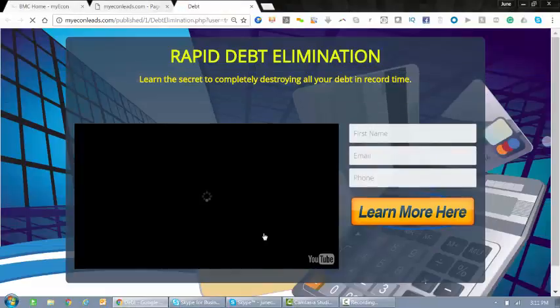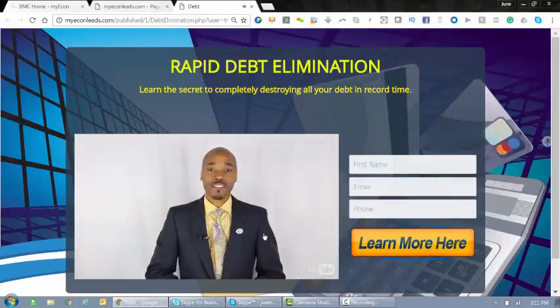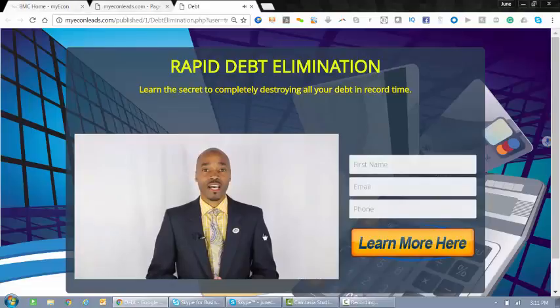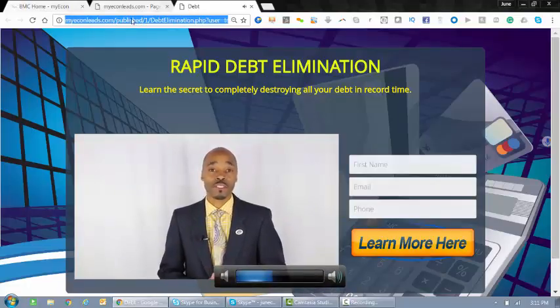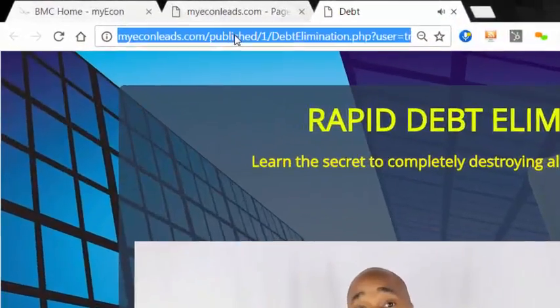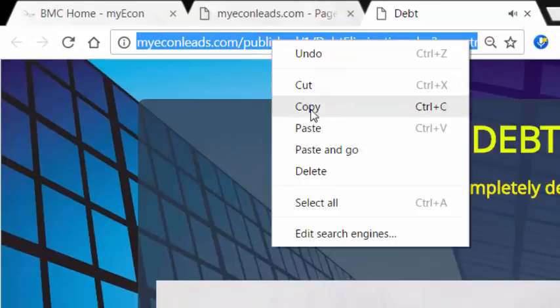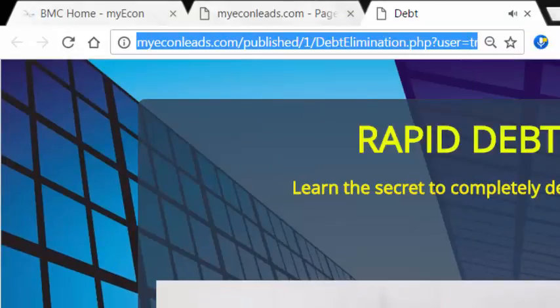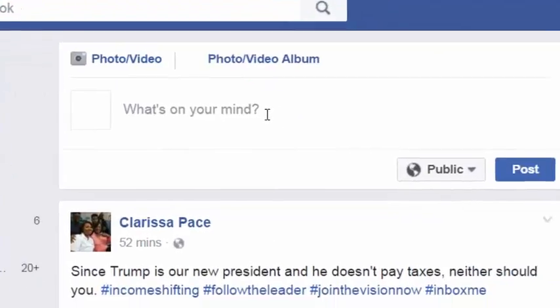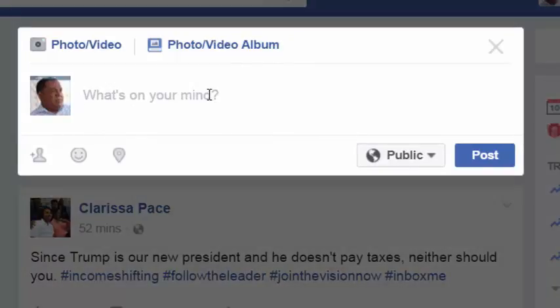That capture page is actually going to come up, and it will be a capture page that we can use to market our business. You can always capture the capture page address by just clicking in the window, copying that address. We can use URL shorteners, or we can go directly to Facebook and we can begin marketing this particular page. So if I go to Facebook and just paste that link in,